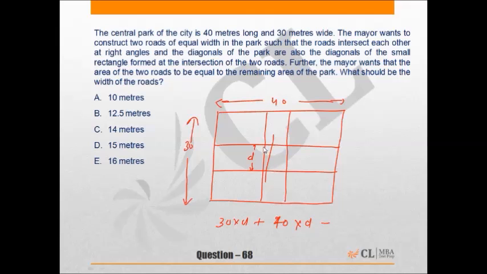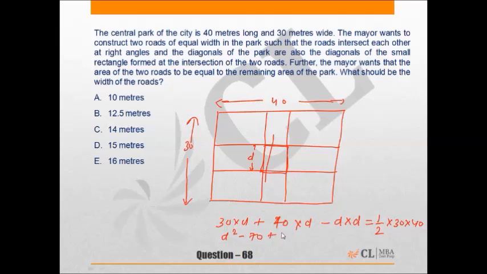And in this course we have counted the area of this portion, that is the intersection portion, twice. So we need to exclude it once. It will be d into d, and this is equal to half of the area of Central Park, that is 1 by 2 into 30 into 40. From here we get d square